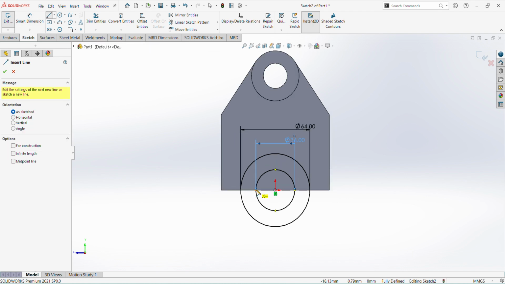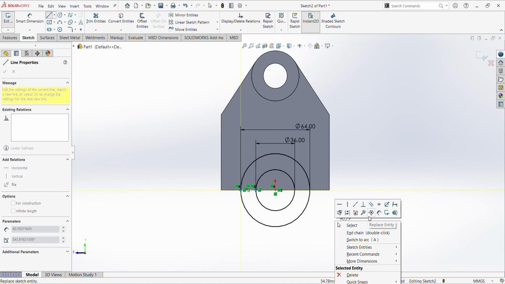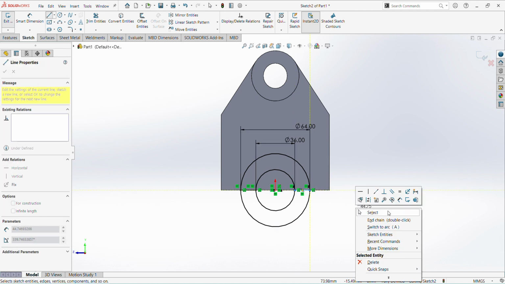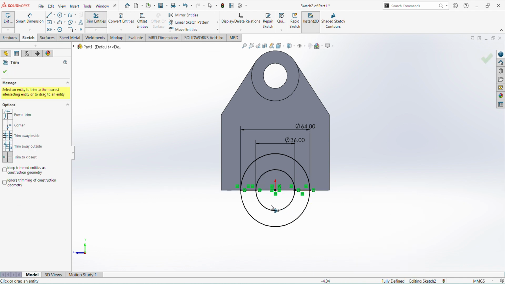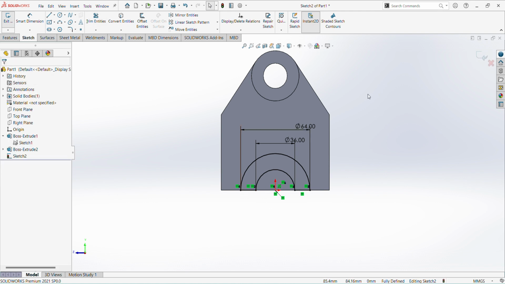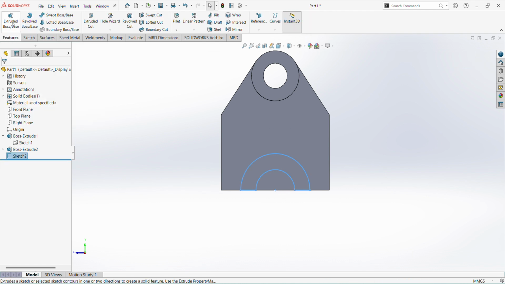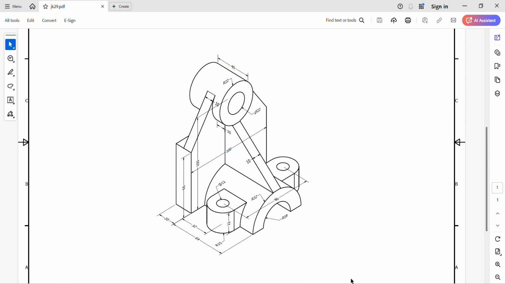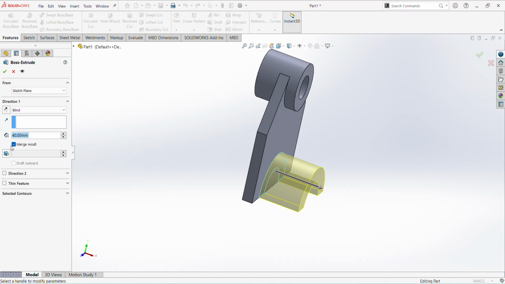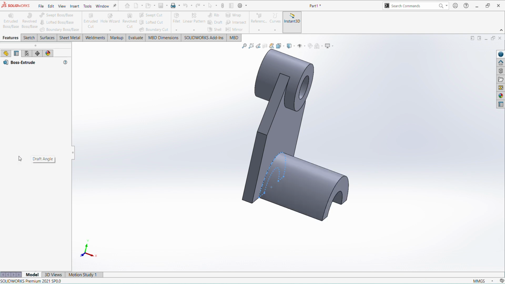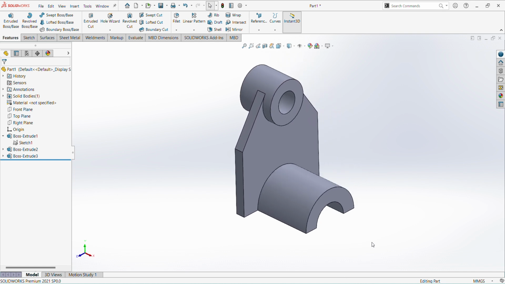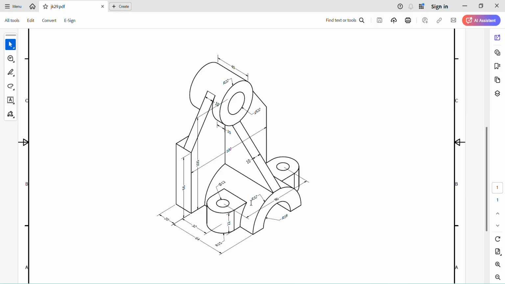Select line, trim entities, trim these lines. So finish sketch, select extrude, the length 64 mm. Next there is a